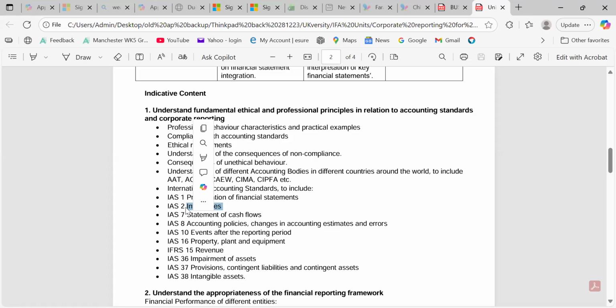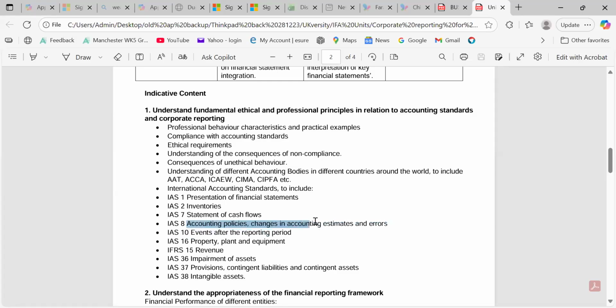So we have to revalue our assets accordingly under IAS 2. And inventories can use a different valuation method. We don't use last in, first out now. We use it for management accounting, but not financial accounting. Cash flow has three activities: operating, financing, and investing, the inflow and outflow of cash.